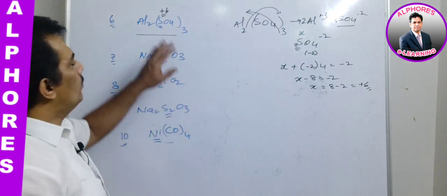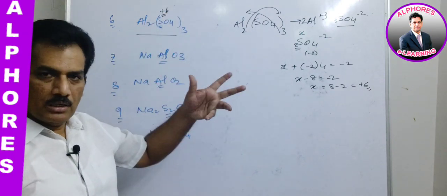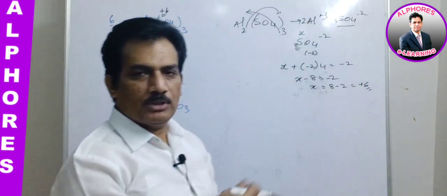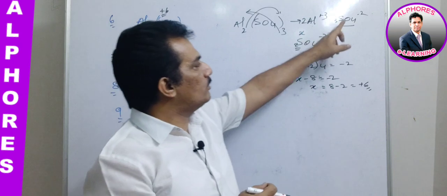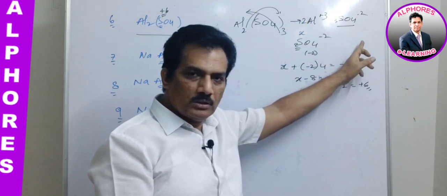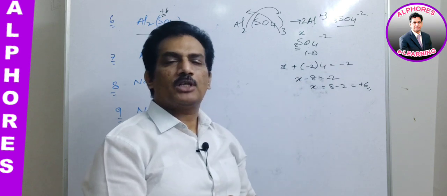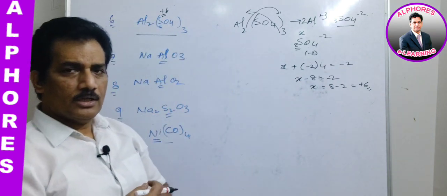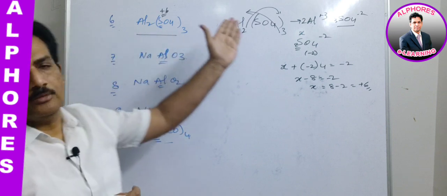Just remember, both these numbers are different. Then you have to separate these two ions by the crisscross method. In the crisscross method, when they present +3 and -2, we make these two charges come to subscripts so as to get the number of ions in this species. Is it not?